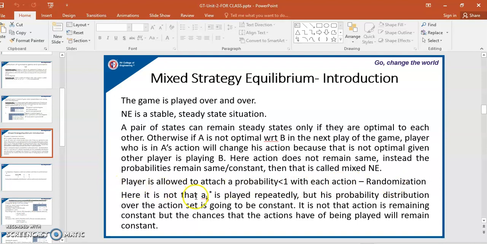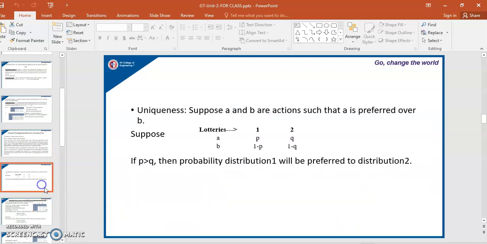Here it is not the action which is played repeatedly, but his probability distribution over the action set that is going to be a constant. It is not that the action is remaining constant, but the chances of the action being played will remain constant. Suppose you have two actions A and B such that A is preferred over B, and